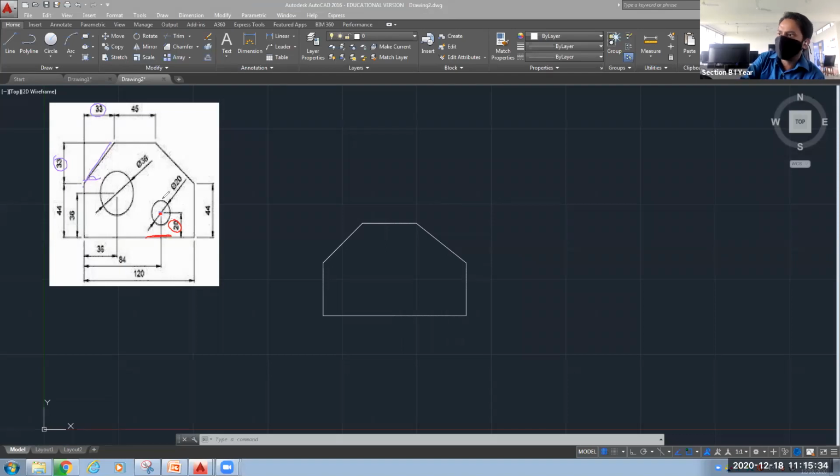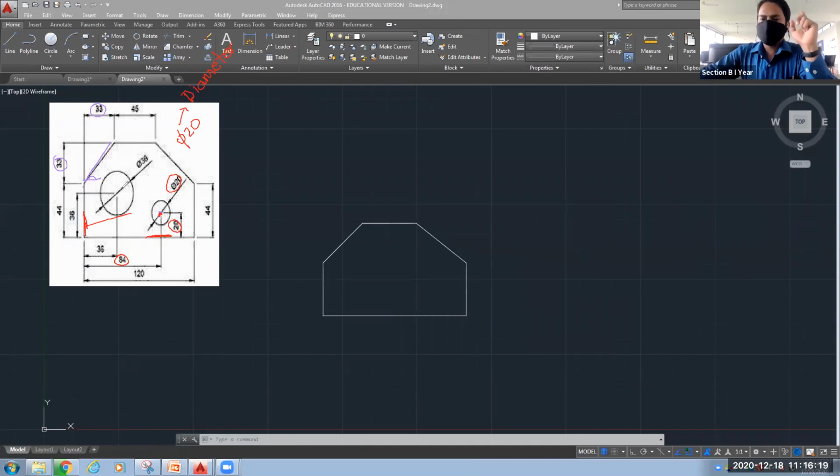Okay, and for the representation of diameter, you can see here it is written 520. Always remember, this phi is nothing but representing your diameter. So the diameter of this circle is 20 and it is 20 units above your baseline. And this point is 84 units from this vertical line. Okay, 84 units from this. So accordingly, we will move ahead.